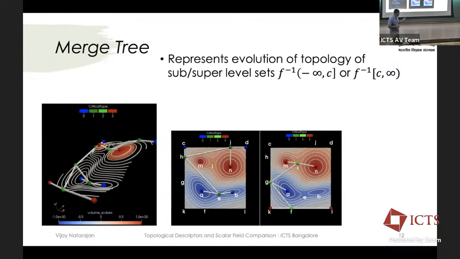Sure. So the merging behavior of the sub-level sets: each sub-level set component is born at a particular minimum, so you can tag it with that minimum, who created it. There is a creator for every component. And when two components merge, the two components' creators will have arcs coming from them and they will merge at the saddle. So it's a natural